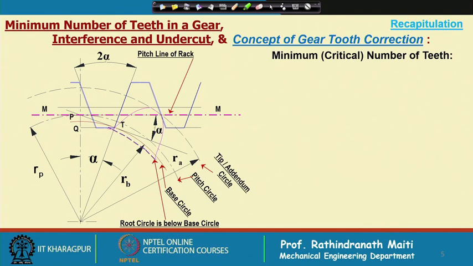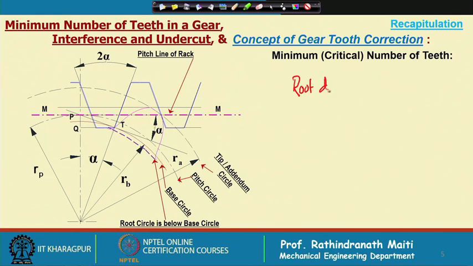Now, first of all, although I have discussed what should be the minimum number of teeth, if we look into this figure, where is the base circle? Now, there is the base circle, on which the profile is generated, but the root may be below the base circle. Actually, if we consider the root circle dia, this must be equal to, for a straight tooth spur gear, Z into module minus